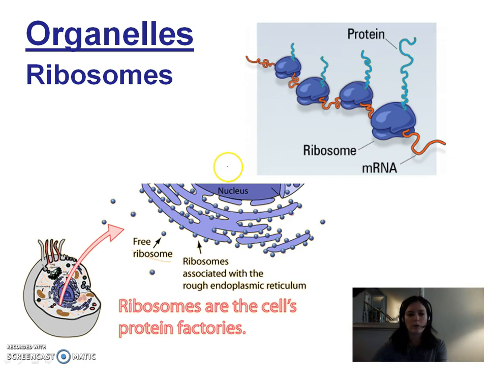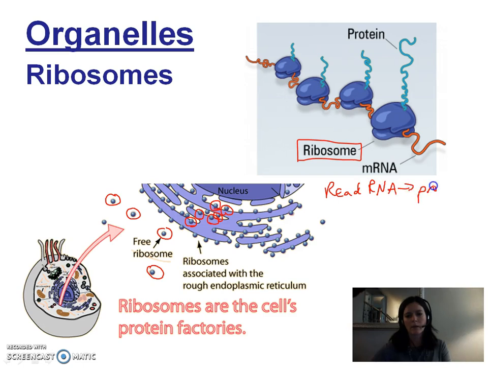I'll go through a quick description of the organelles that were listed on that chart. Let's start here with the ribosomes. The ribosomes are these little circular organelles, little tiny things. Some of them are floating freely in the cytoplasm. Most of them are attached to the endoplasmic reticulum, another organelle network inside the cell. But whether they are free or attached to the endoplasmic reticulum, let me show you the job of the ribosome. The job of the ribosome is to read the RNA